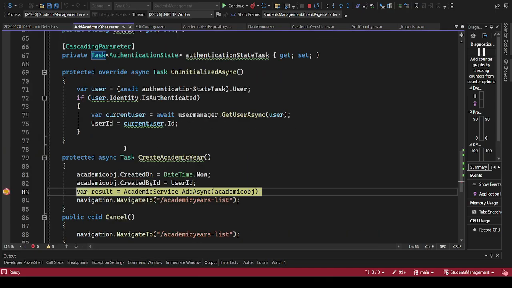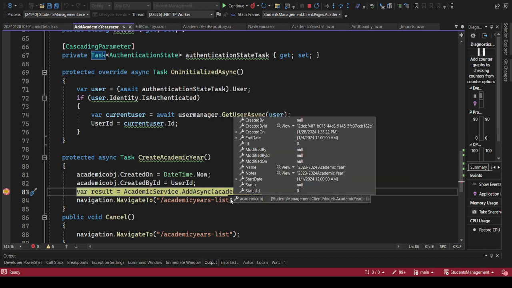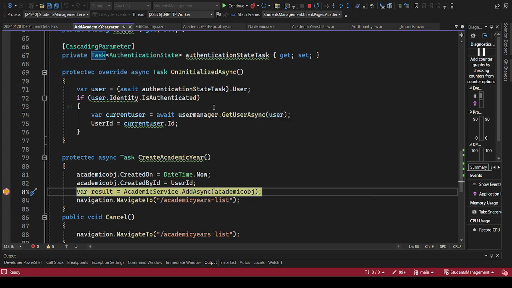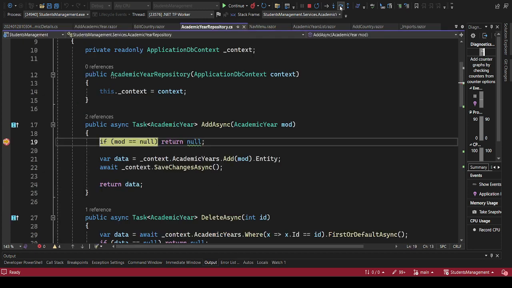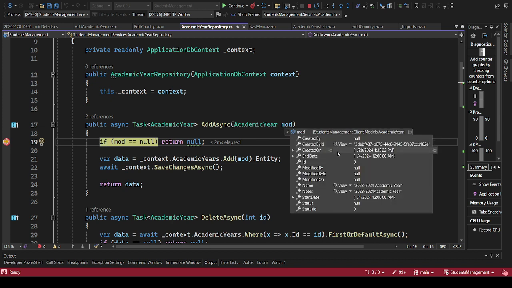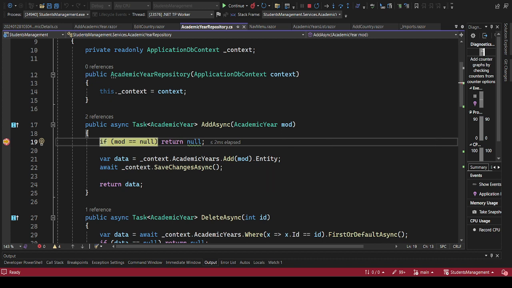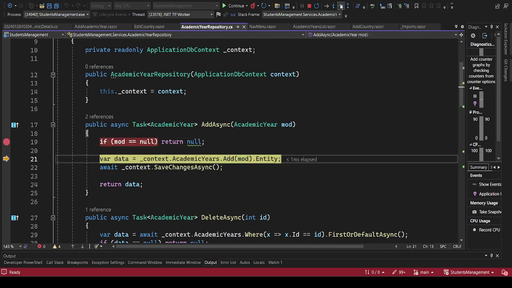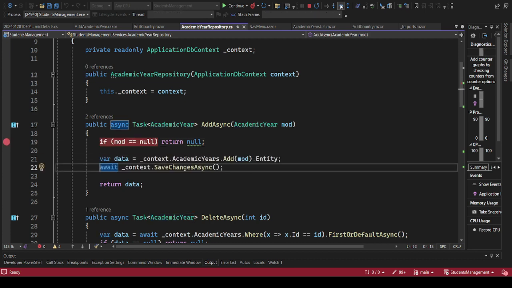So if we click save, we should be able to see our object here, how it looks. So we have our created by and created on, end date, we have our name, notes, and we have our start date. So what is the issue? So if we proceed, we should get our model here with all the data. So if we proceed again and save,